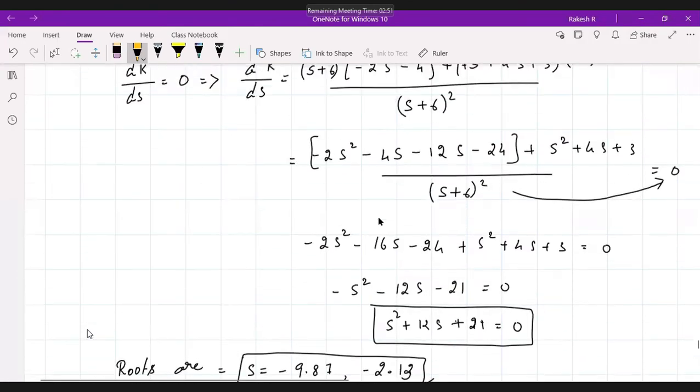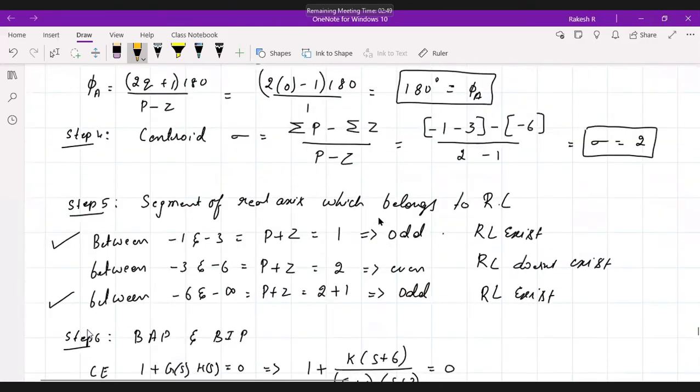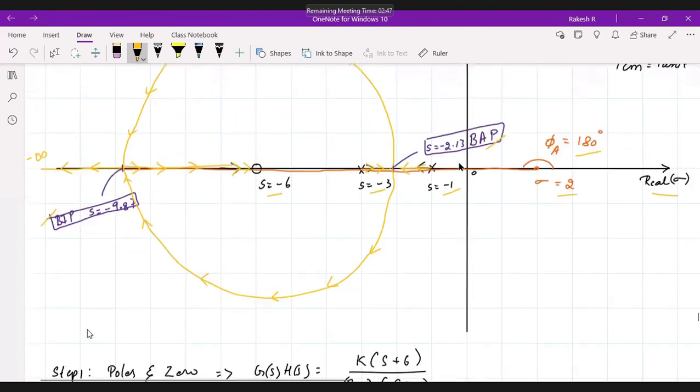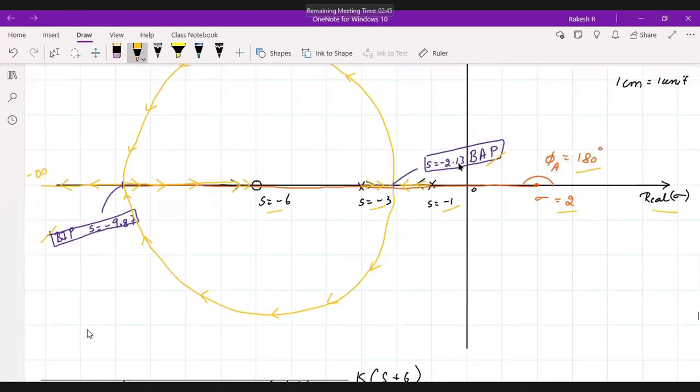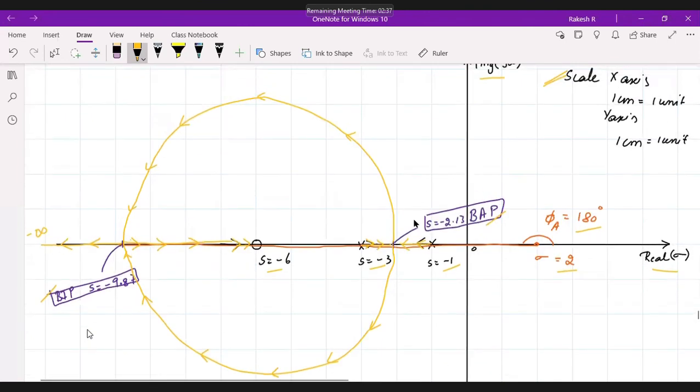Right? When does the root locus touch the imaginary axis? When we have the marginal value of K, that is, when the system is marginally stable. Right? So here K should be positive, but we have K as negative. That means the system is completely stable here. Right? We'll stop till here.